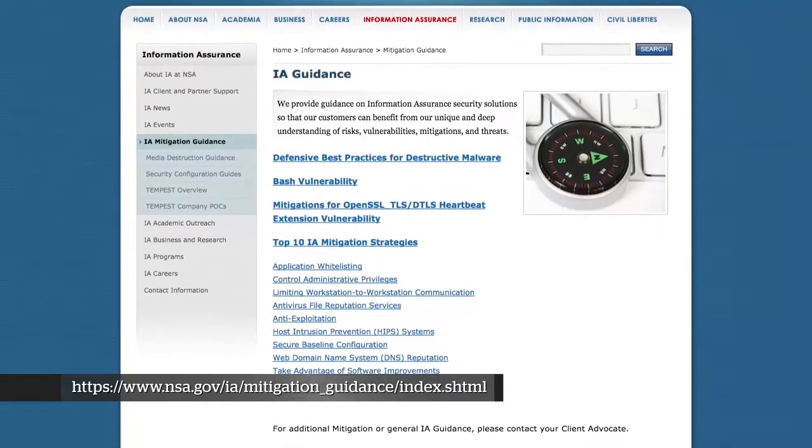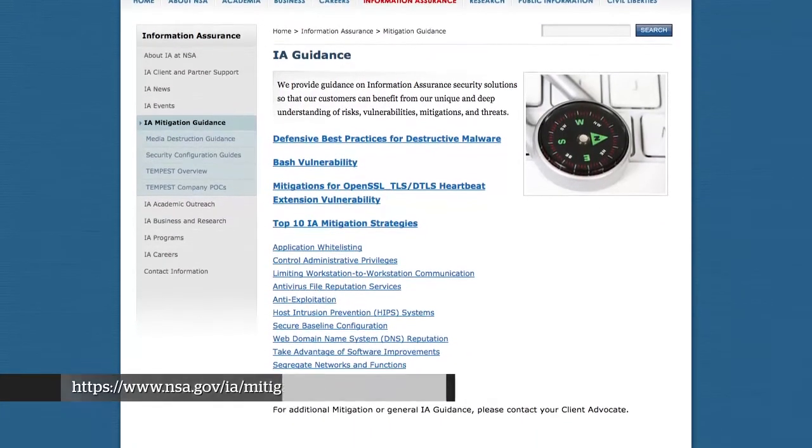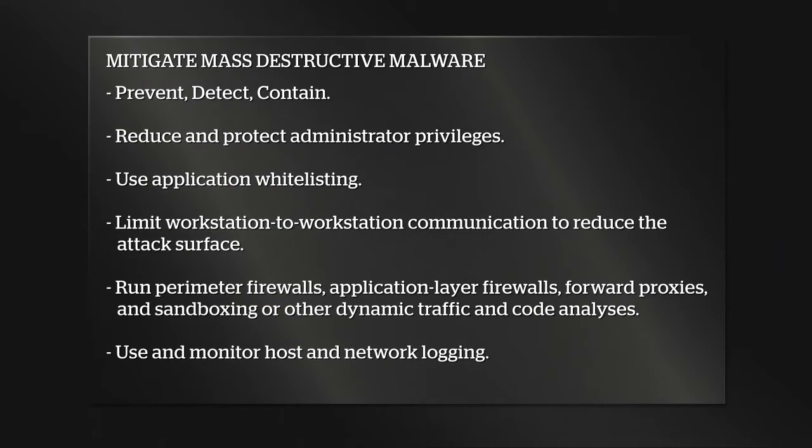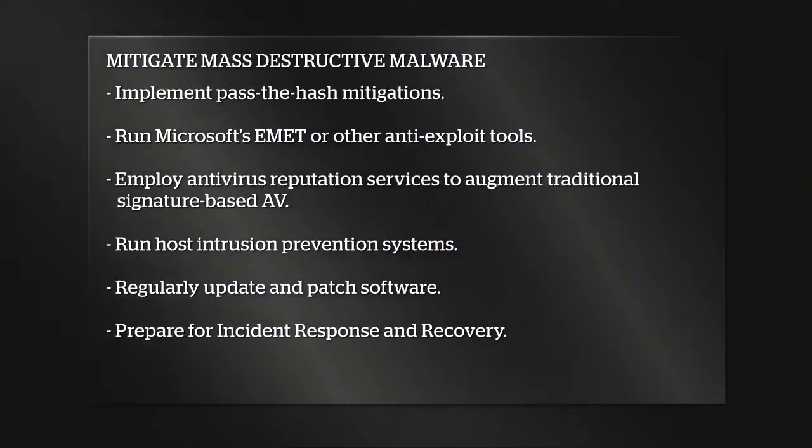Make sure that you employ some sort of protection on your perimeter, something on the inside, and monitor all the logging that you can. These are all complex ideas, but one thing that most major enterprises are aware of, but maybe some medium-sized or smaller ones tend to forget, is recovery. Be ready to respond to an incident. If a destructive malware type of incident occurs in your enterprise, what are you going to do to respond to it? So it's something important to consider, and the paper covers that and some of the aspects of the traditional protecting yourself and monitoring, but also don't forget about having a good plan for doing incident response and